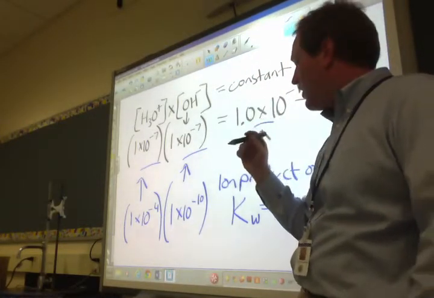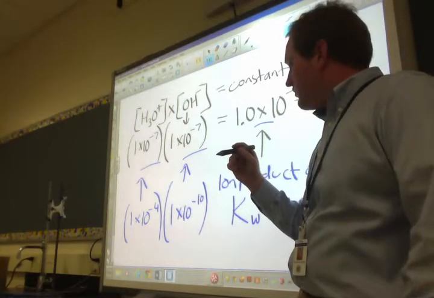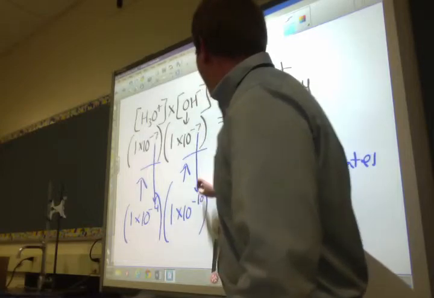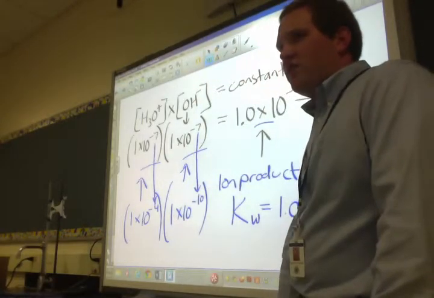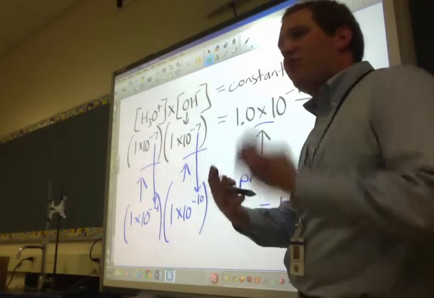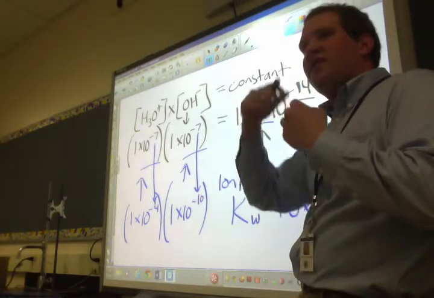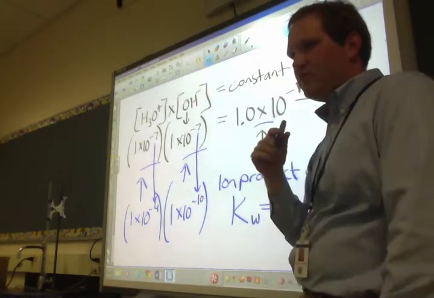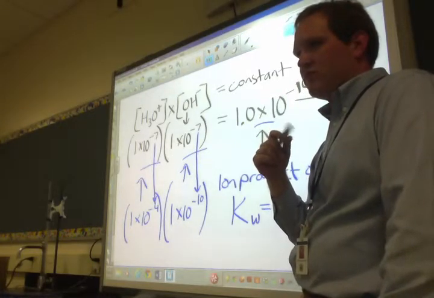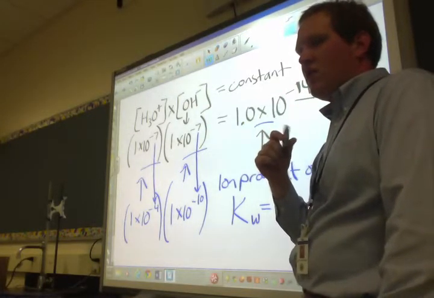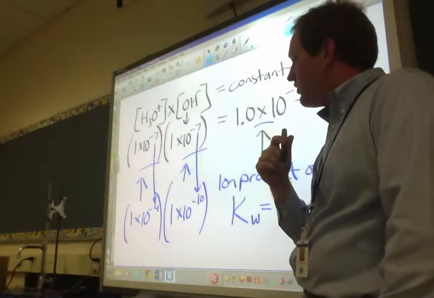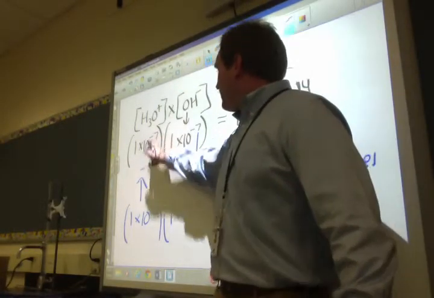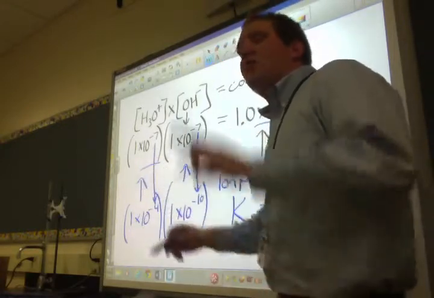Why did that one go down by 3 and the other one go up by 3? This went from -7 to -4, and this went from -7 to -10. Each number here represents 10 times 10 times 10. I'm confused how you're getting from -7 to -4. I understand that one goes up and one goes down, but I'm wondering where you're getting the numbers. I pulled them from the 2 examples that I've done so